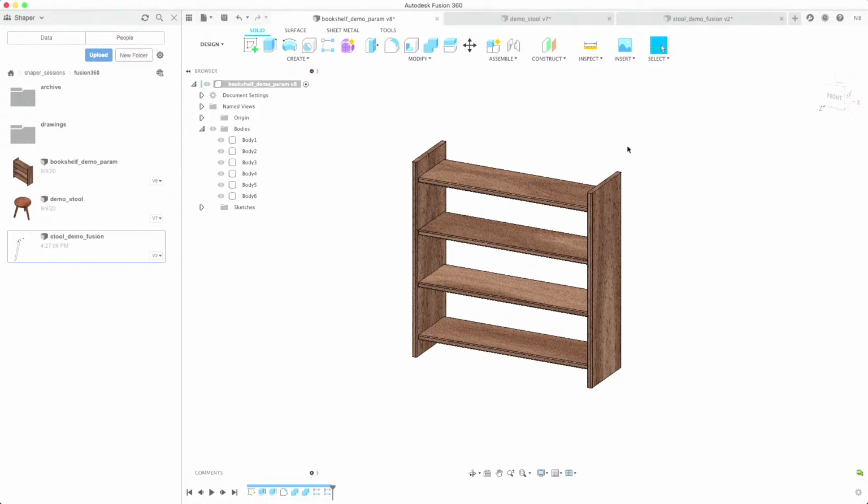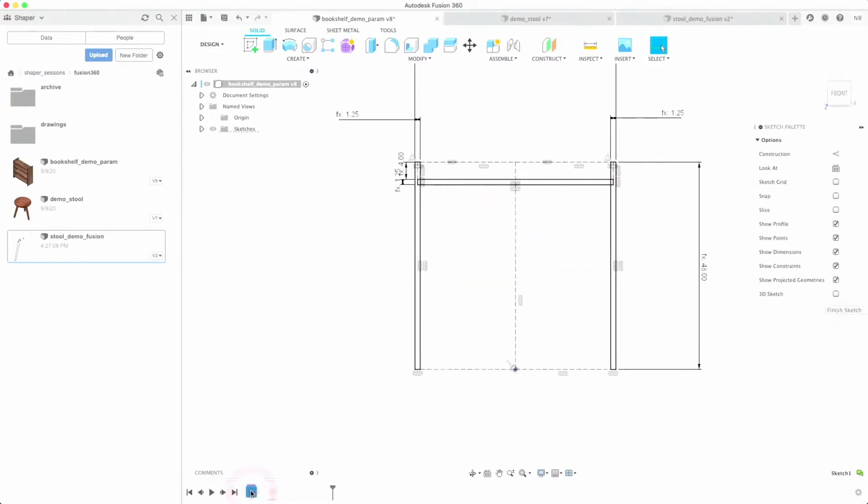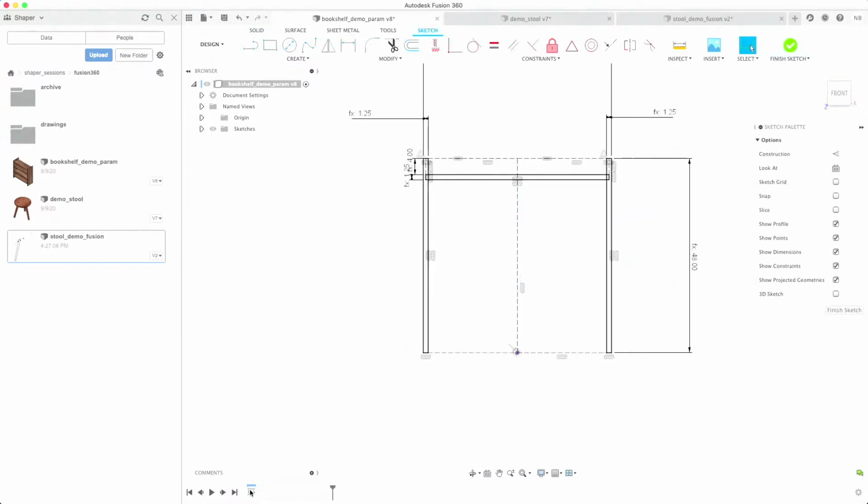and describe what a parameterized model means. Parameters are essentially variables. They're values that you can assign to a particular name. So if I open up this sketch, double clicking on my sketch, you can see it really doesn't look that different,